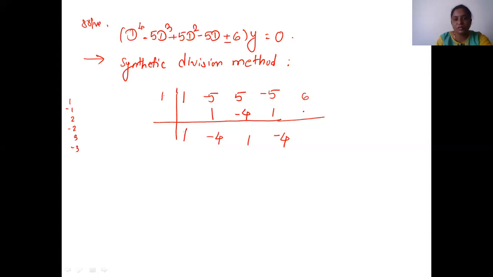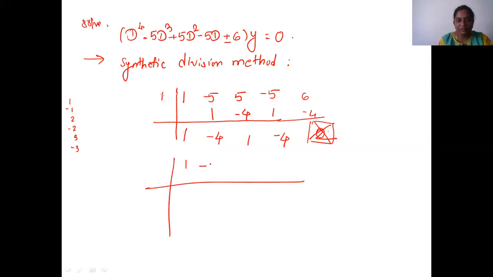And then minus 4 is here and addition is 2. Right? So is it 0? No, it is 2. If it is 0 here, then this is the root. If the last number is 0, then this number is the root. 1 is the root only if it is 0, but it is not 0. So 1 is not the root. Then what we do next is we try the next number.